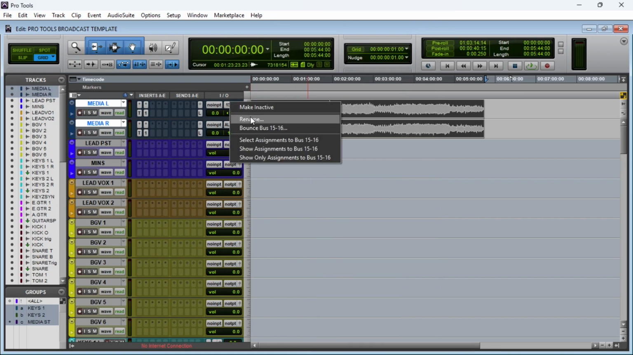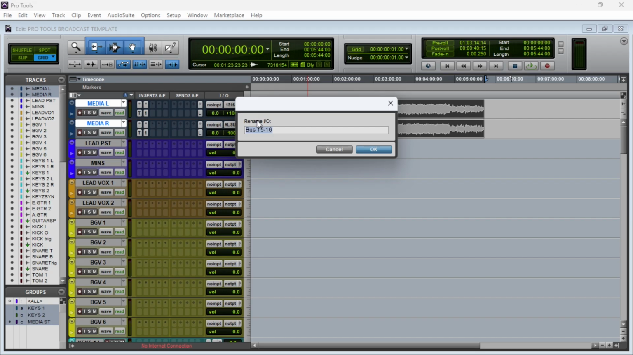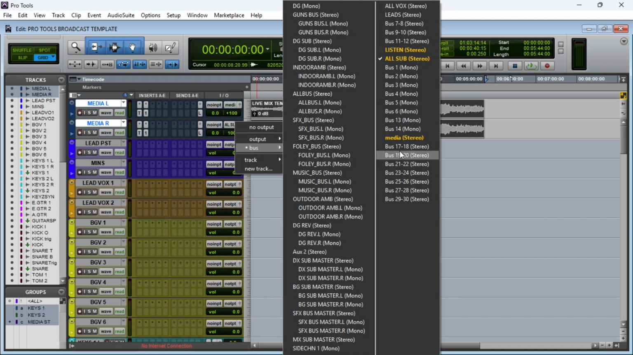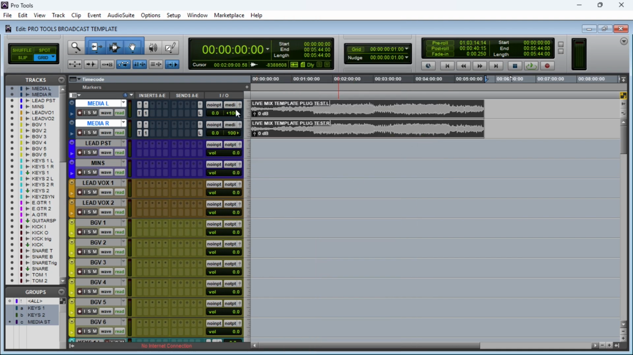Then rename it media. So the same thing applies to this. You take this one to the media bus also. And you can see I've panned it, left and right. So the next thing we are going to do now,